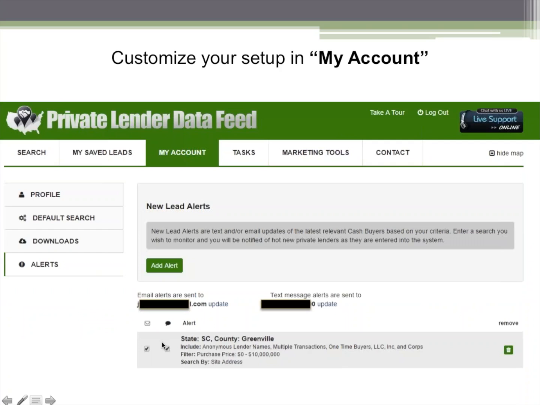You can also customize your setup in My Account. So search is where you search for your private lenders and sort of start the management process and the fine tuning. Save leads is where you kind of work on those saved leads, the ones that you liked. And then My Account is where you can actually set up a few